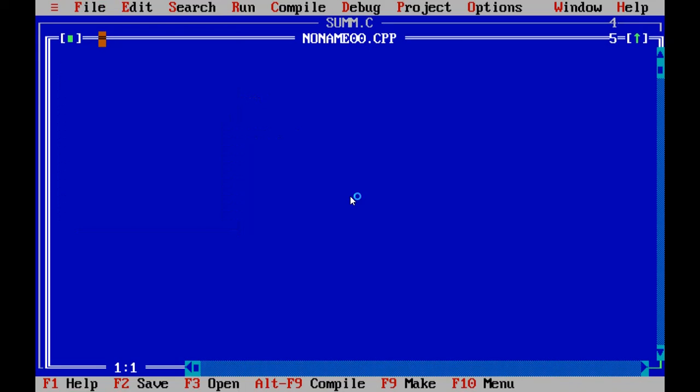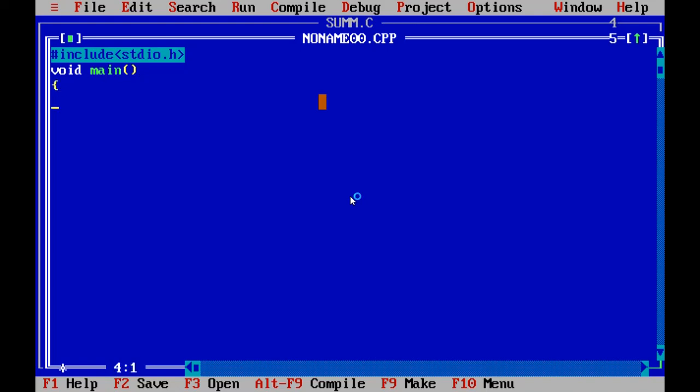New. #include <stdio.h>. This is the standard input output header file to include the library files in our program. void main: void means nothing, it returns nothing.